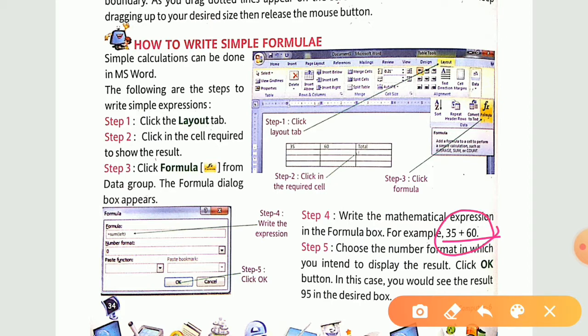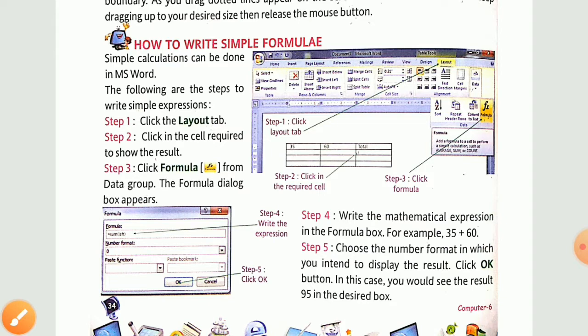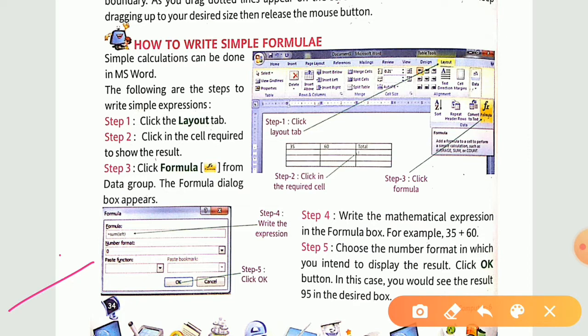Okay, step number 5. Choose the number format in which you intend to display the result. Now see the number formatting we are having over here. Particularly, we are not changing our format. Whatever is the default format, we just keep as it is. You don't need to change that number format, leave it as it is.